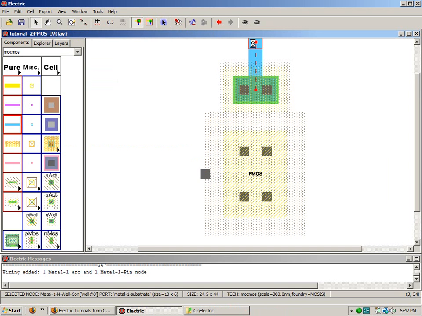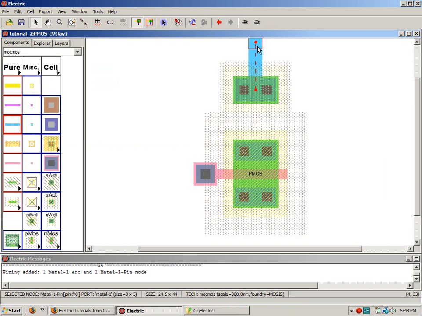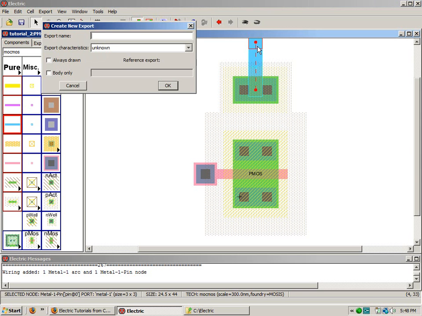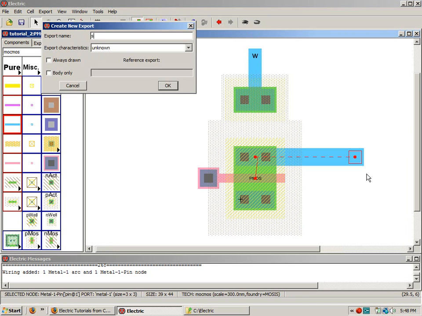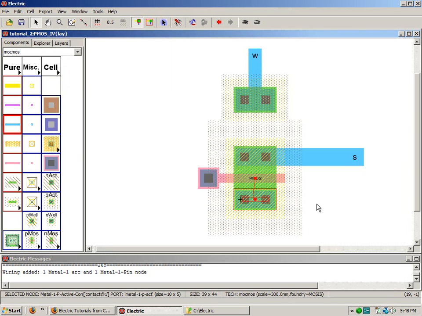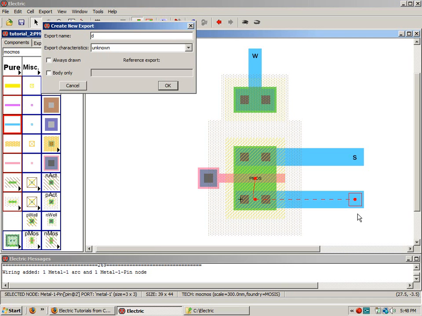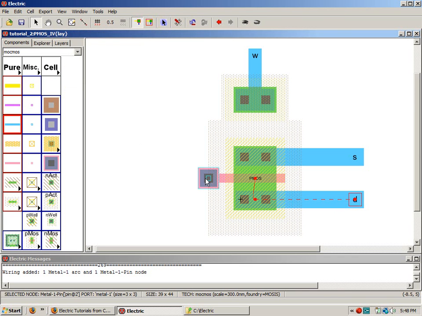Fit, go up. Let's do a, what did we call that export? We called it W here. So we'll do a Control E, W, fit, then go over here. Control E, source, go over here. Control E, drain, whoops, yeah, this is the PMOS, so drain, and then go over here. Control E,